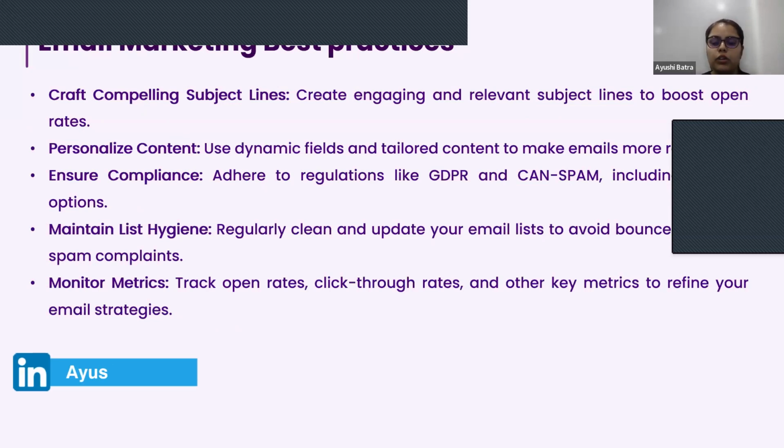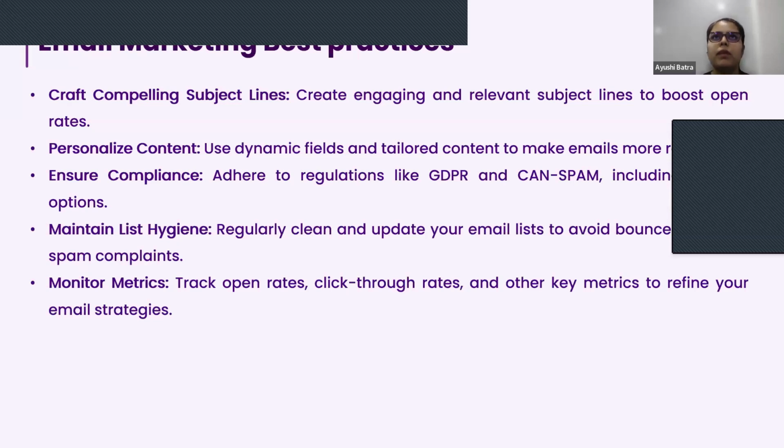If you want to do the best email marketing and benefit from Pardot email marketing, you should always have compelling subject lines, so the open rates can be boosted. Then you can also use personalized content. This was the first name, but you can personalize any field that you want.